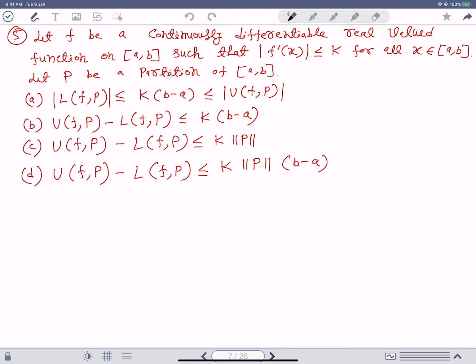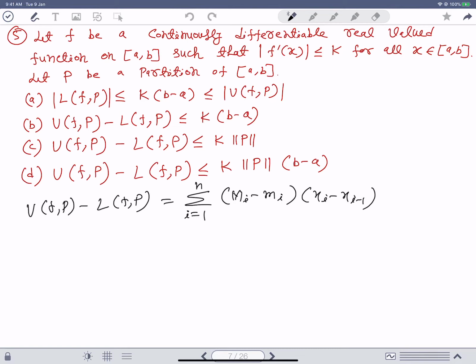So, first of all, since the left hand side is more or less only UFP minus LFP, we just calculate that first. So, what is that? Now, that will be the summation i equal to 1 to n of (M_i minus m_i)(x_i minus x_{i-1}). Again, what we can do is replace this with the norm of P. So, we can write this is less than or equal to norm P